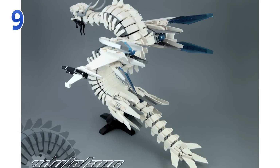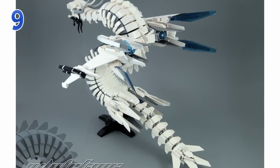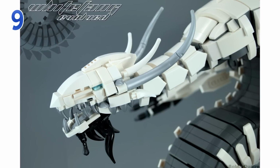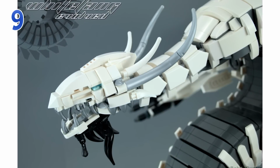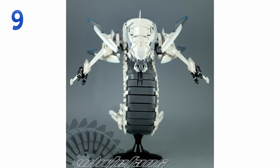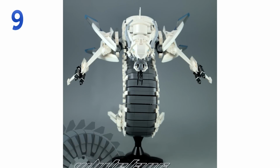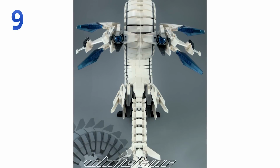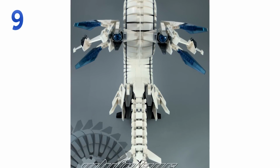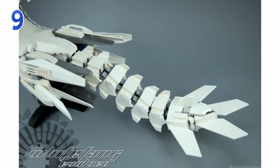And as expected, it is excellent, great use of pieces. I love those curves and the whole dangerous, even aggressive look of the whole thing. Especially the head with a very nice eye depiction, and those tentacles plus teeth and some beard for the dragon are just adding to this very intimidating look. Remember, it is a spaceship, so you can see some engines in the back as well as some armament on its wings, and it comes with a very well placed stand to display this beautiful creation. You can check out Bob's Flickr page for previous versions of this creation,